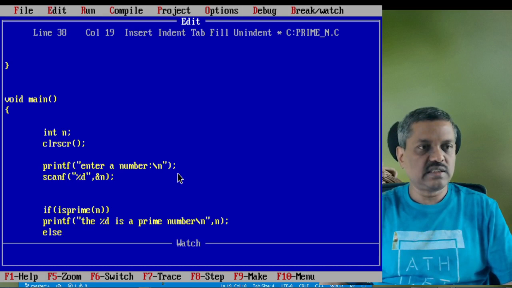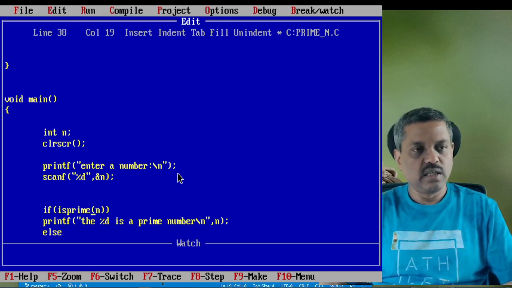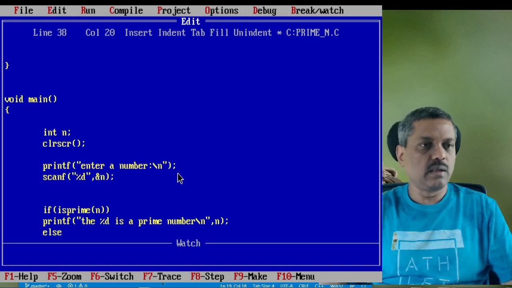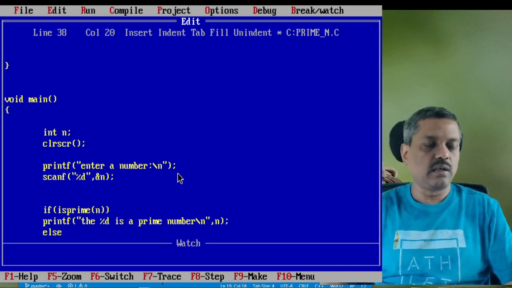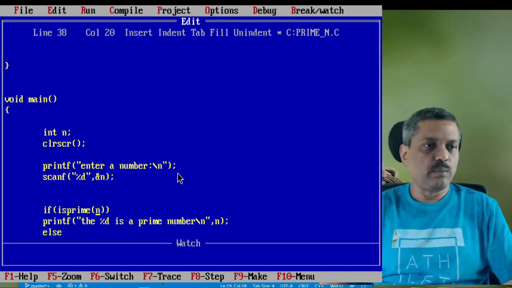Once this if condition tests, there is a function call like isprime, and this is having a parameter called n, which will probably hold some number, maybe an integer or not, no issue, whatever number we enter.